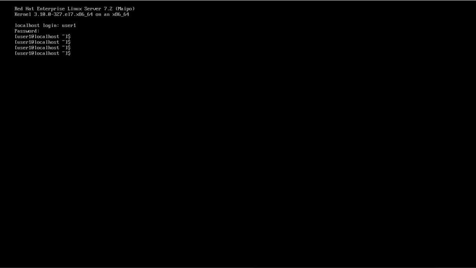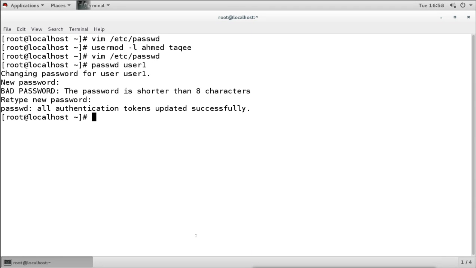Now I can use usermod with the hyphen capital -L option. Small -l is to change the login name, but usermod with capital -L is to lock the user account. When you run this command, the user will be locked and the password for the user will be locked.